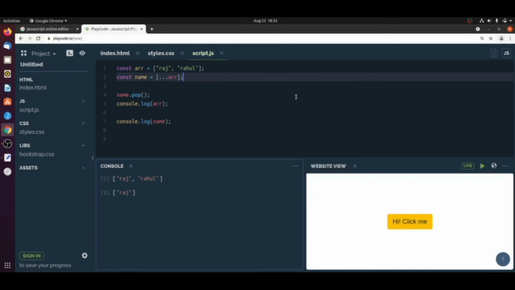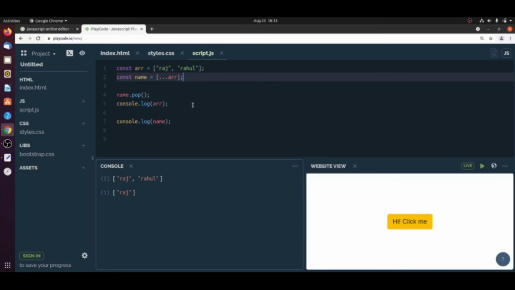Now see, I removed the value from this name array, but the value was not removed from the original array. So the spread syntax created a shallow copy. It deleted only the value from the secondary array. In this way it is more helpful if we go with the spread syntax.